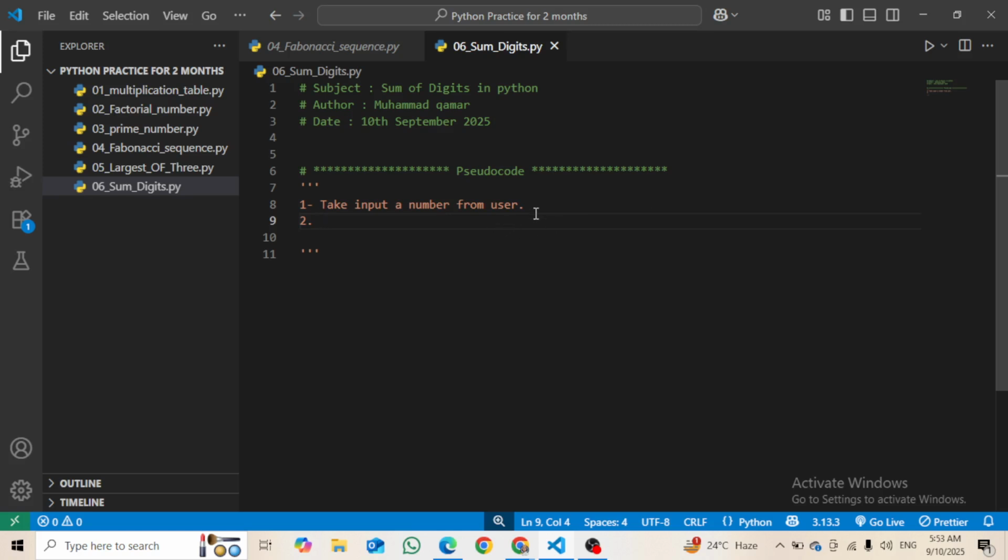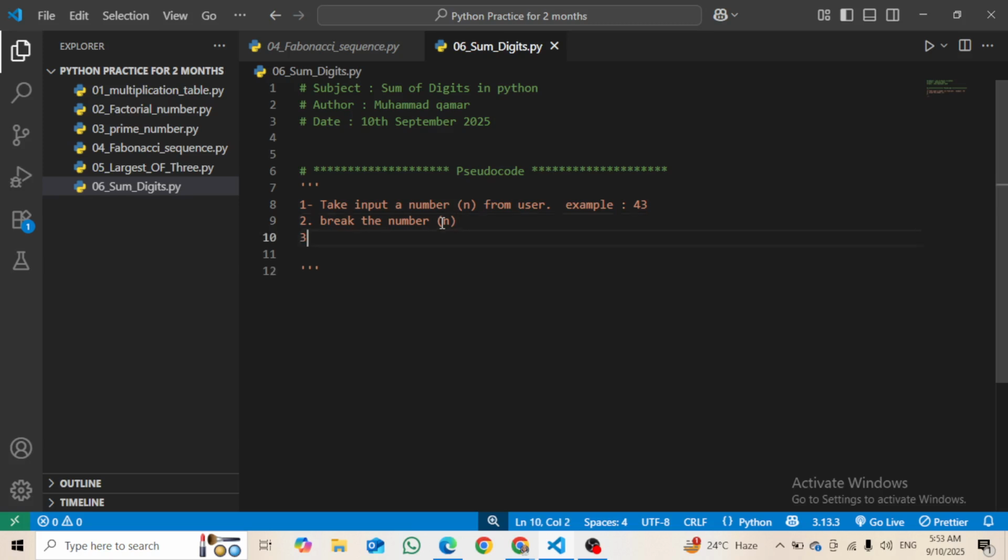Let's suppose the user is giving us this number. Let's say the number is 421 or 432, it can be any number. So let's say this time it is just 43. I will break this number. Let's say we call this number n. Here I will say the number n,